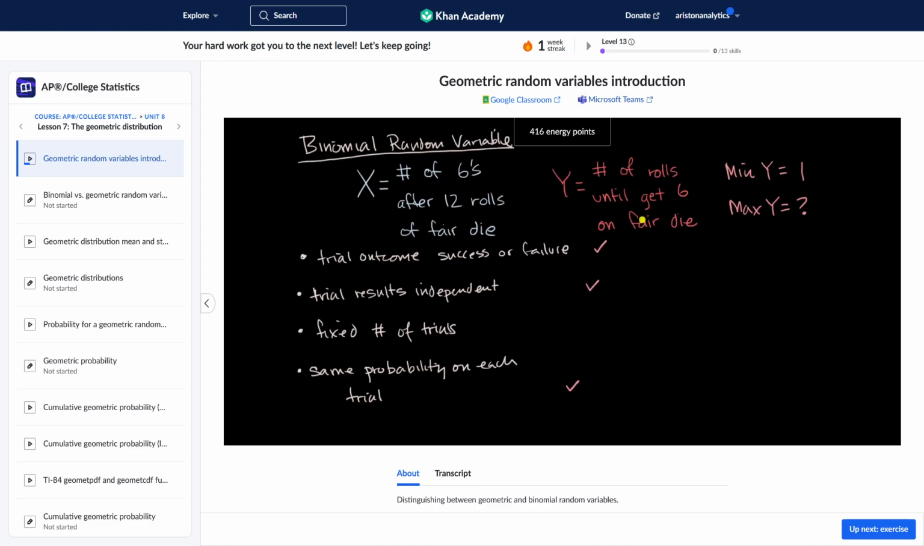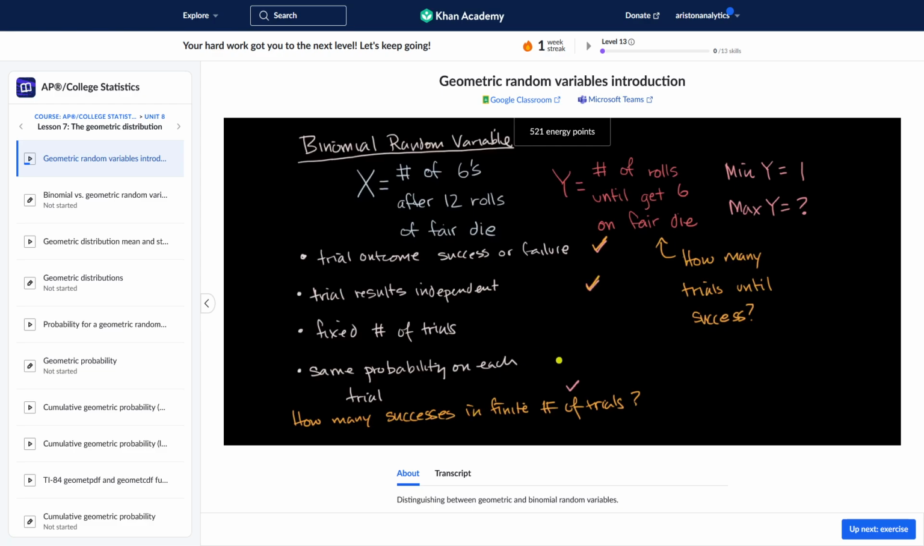In fact, it's a situation where we're asking, how many trials do we need until we get success? Maybe that's a general way of framing this type of random variable: how many trials until success? While the binomial random variable was how many successes in a finite number of trials. If we're meeting these conditions, a clear success or failure outcome, independent trials, constant probability, but we're talking about how many trials until success, then this type of random variable is called a geometric